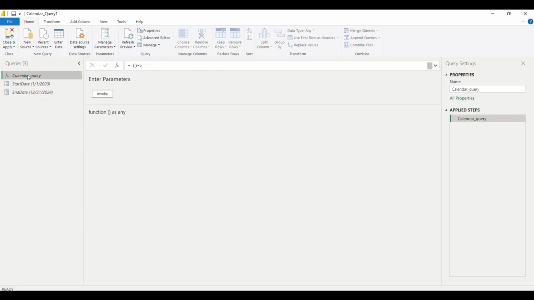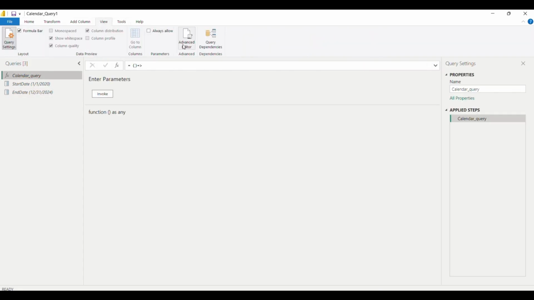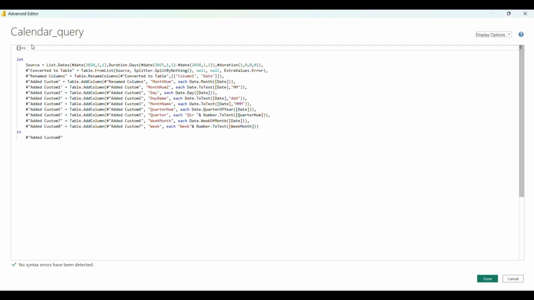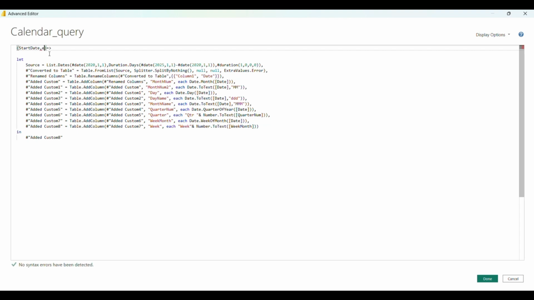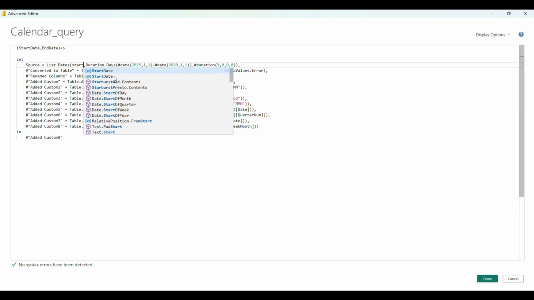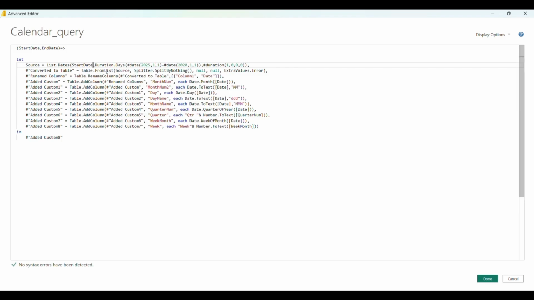and now we can go back in our function in view advanced editor, and here inside the parentheses we will add our parameters like start date, which is here, comma, and date. And now we can simply delete our initial start date and add only the parameter names like start date. And we do similarly for the duration days.